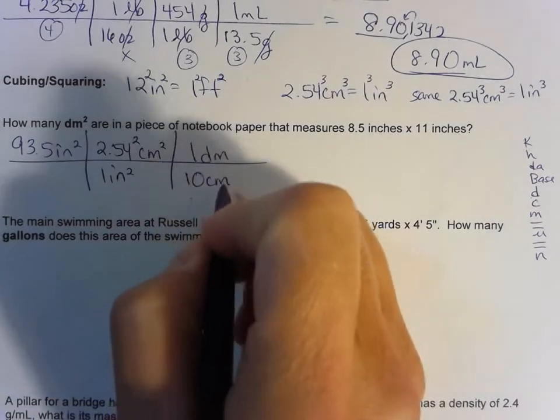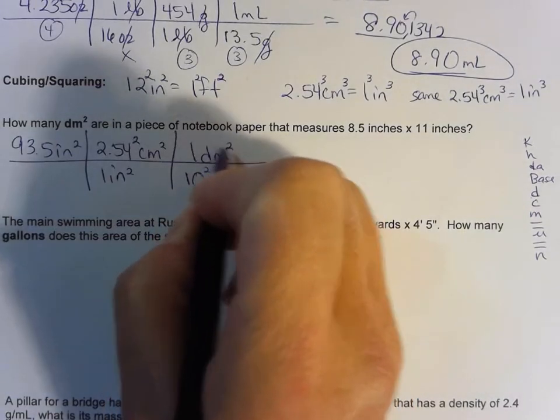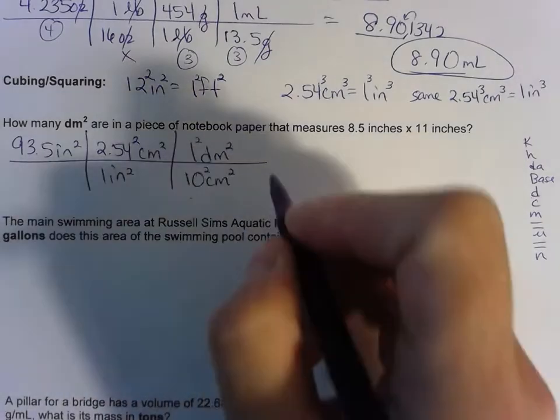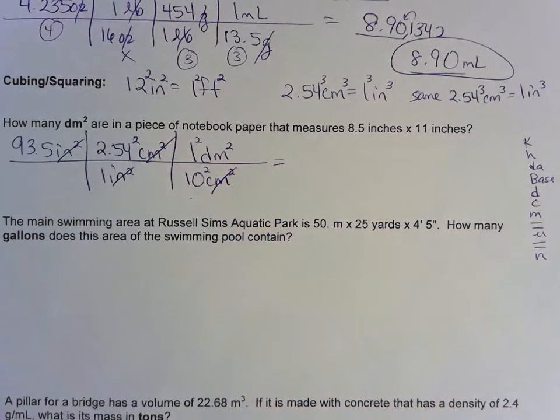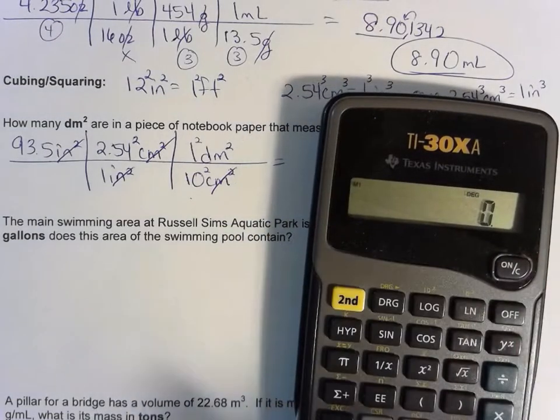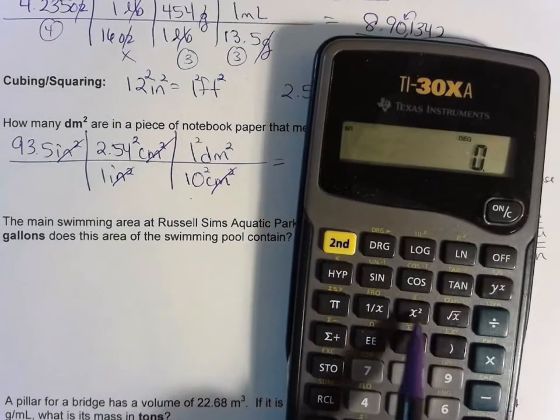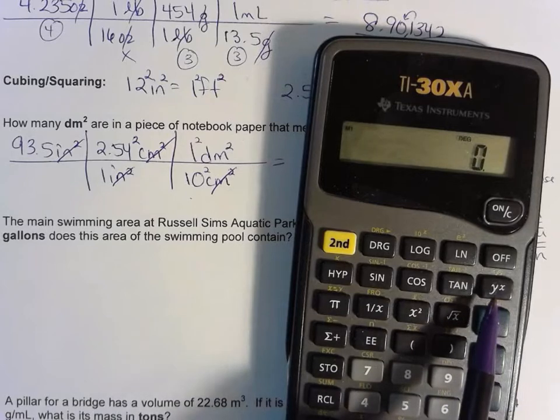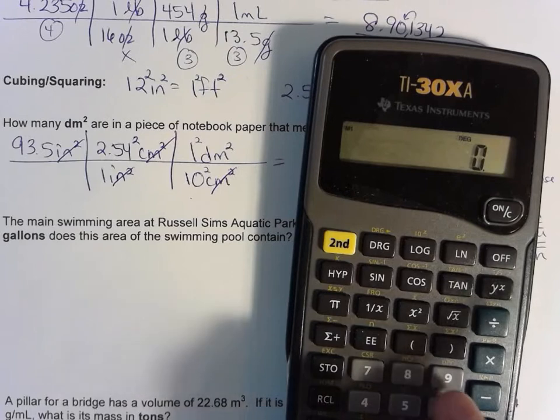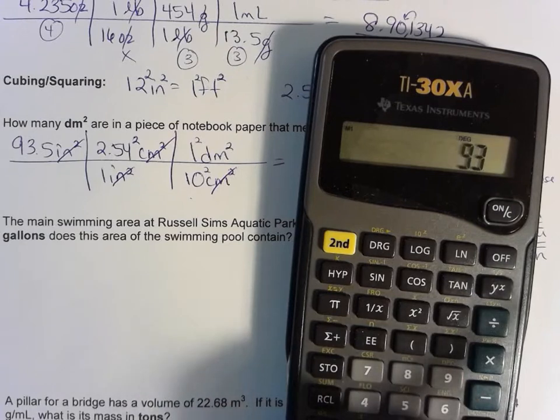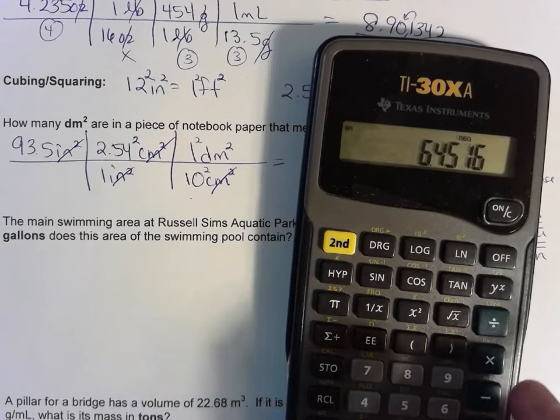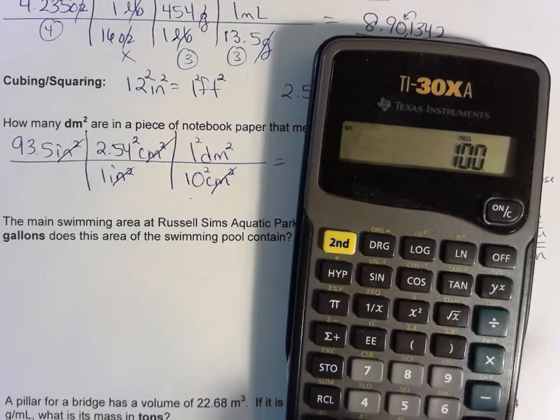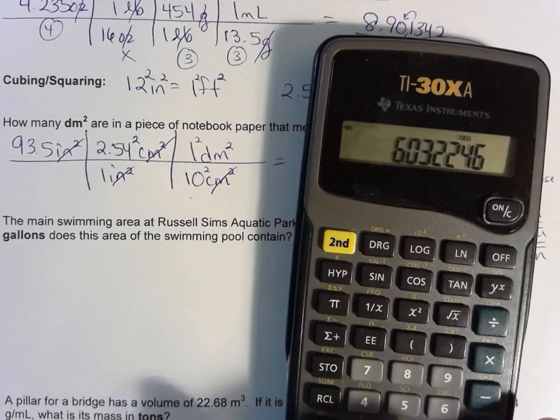So in order to make this squared, I have to square everything. So when I square everything, our centimeters squared cancels, our inches squared have canceled. Now I can plug it in my calculator. If you have an x squared key, feel free to use that. I also will often use the y to the x key. So we are looking at 93.5 times 2.54 x squared divided by 10 x squared. And on our calculator we get